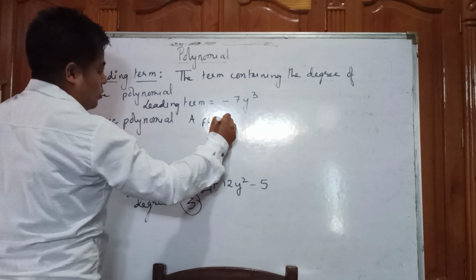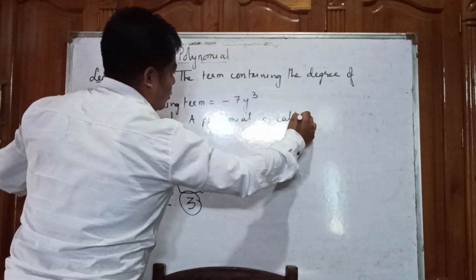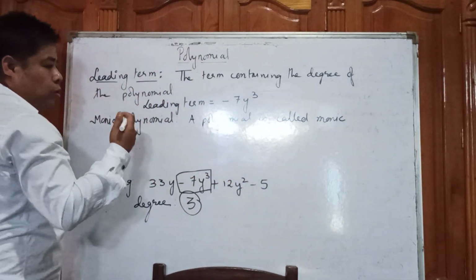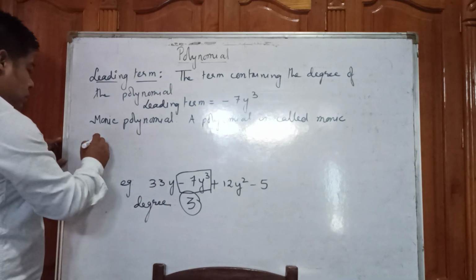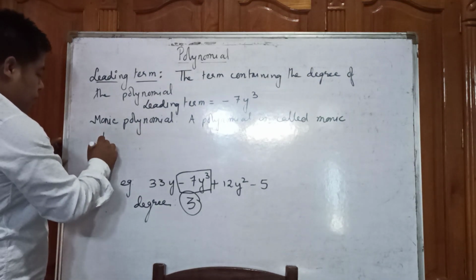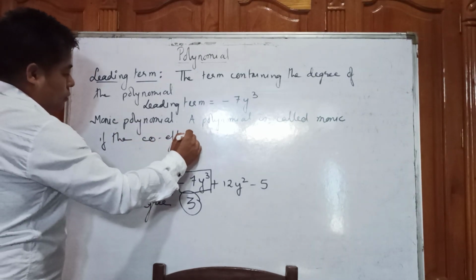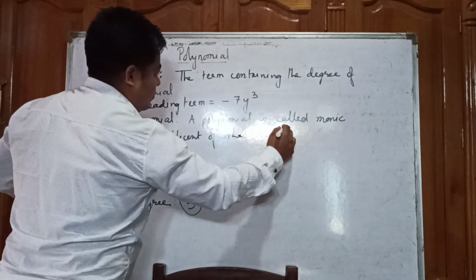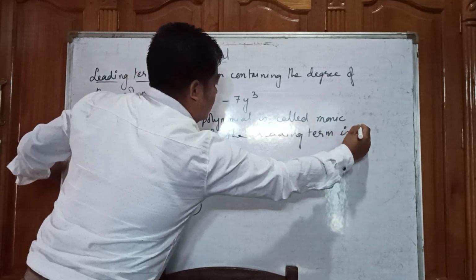A polynomial is called monic. When is it called monic? If the coefficient of the leading term is